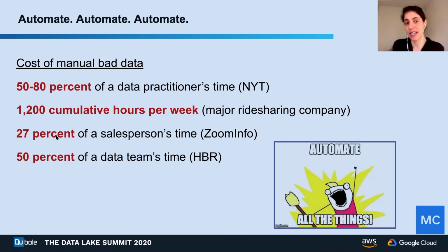I think we need to lean into data, into automation of a lot of these processes. And you can see on the slide why. I think the reason is because it's taking us an enormous amount of time. We looked at how long it actually takes a data team to manage these issues and deal with them. And it ranges between 27% of even a salesperson's time all the way to 80% of data practitioners' time. And as I mentioned earlier, software engineering is at its core meant to help automate a lot of these things. And I really believe in the power of that to help liberate data teams from spending so much time on manual bad data validation.